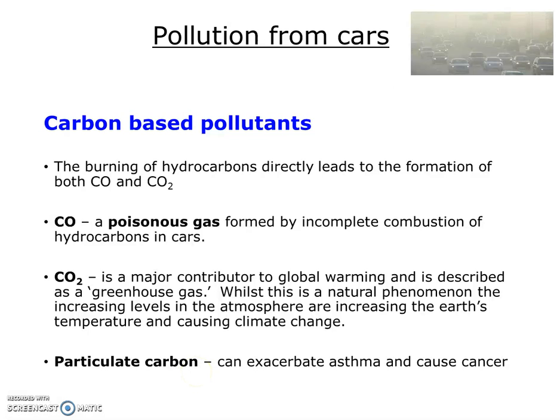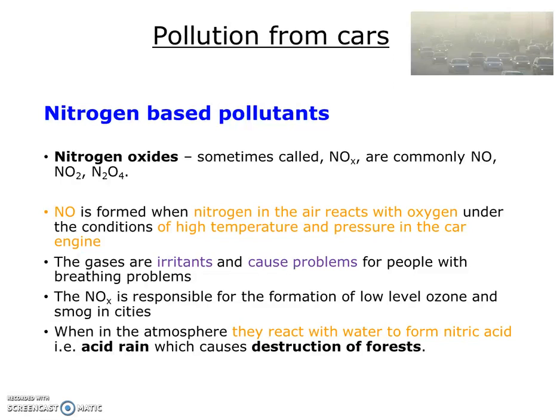And this is, again, through incomplete combustion, carbon particles too small to see by the human eye being emitted from exhaust pipes, and these can cause cancer and can also exacerbate, so trigger asthma attacks, make asthma worse. The nitrogen-based pollutants are called nitrogen oxides, sometimes called noxious gases, or NOx, because of this